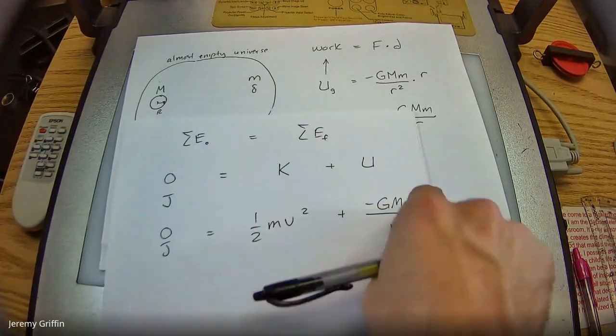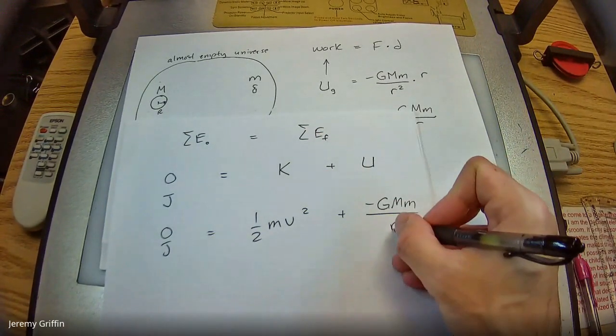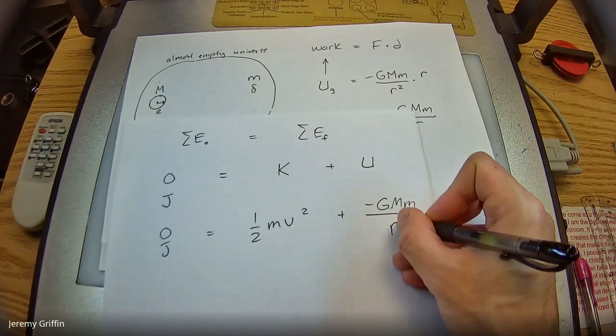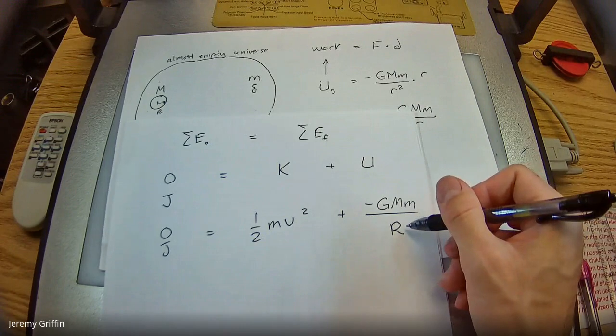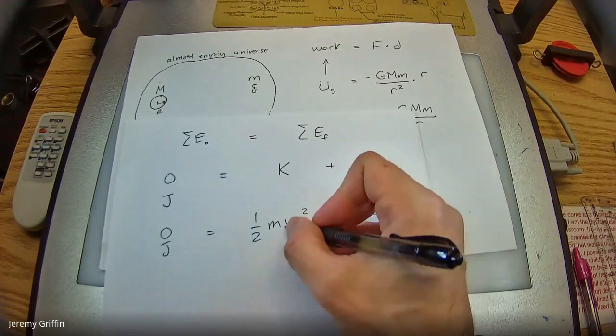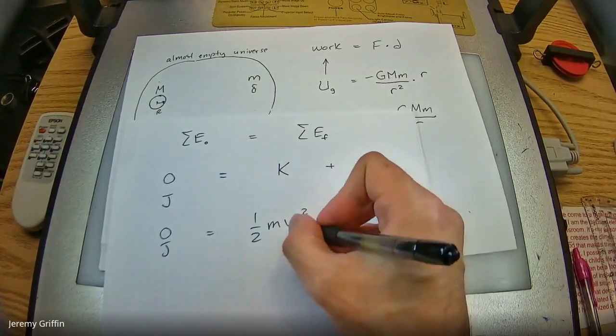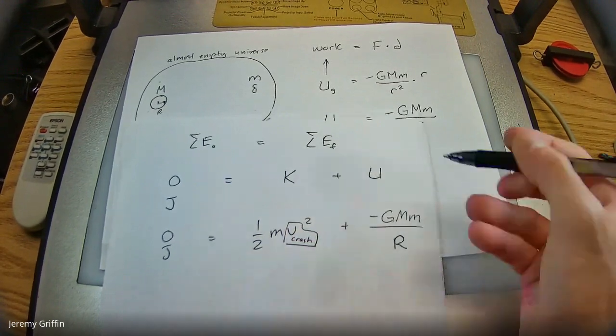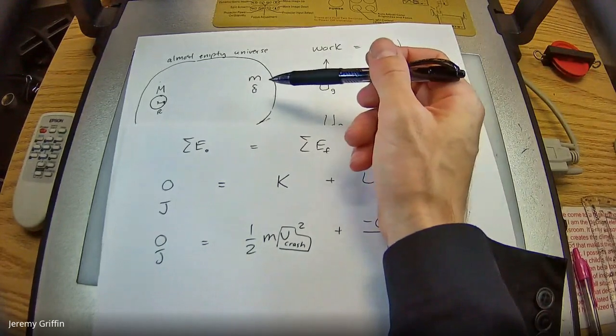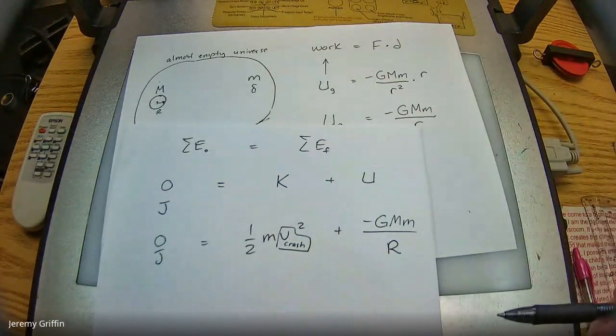I mean, this looks generic right now, but I can change to a specific location if I change this generic lowercase r to a specific capital R to represent the radial size of the planet. Is that true? And that means that this speed right here, this v, would represent the crash speed. Okay? This would answer the question. If something fell from the edge of space, how fast is it going to crash land on the surface of a planet?